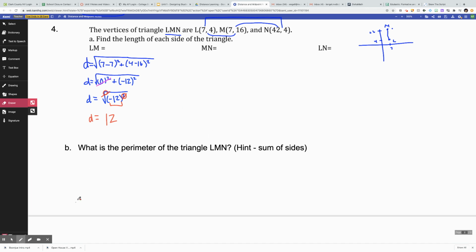So I'm going to pause the video, and I suggest you do the same. See if you can figure out this answer is 12 right here. See if you can figure out the distance between M and N, which is going to be more like the